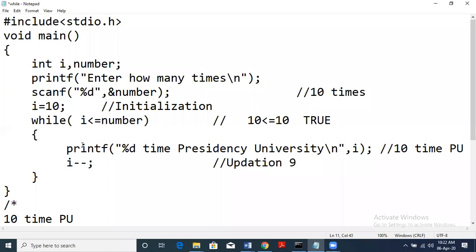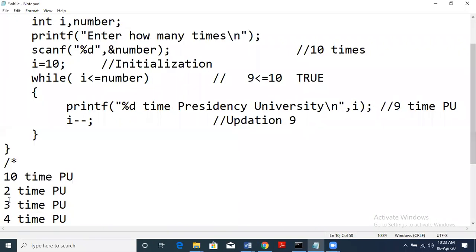It will check: is 9 less than equal to 10? Yes, 9 is less than 10. So it will print 9 times PU. Then updation, 8. It will print 8 times PU because 8 is less than 10.